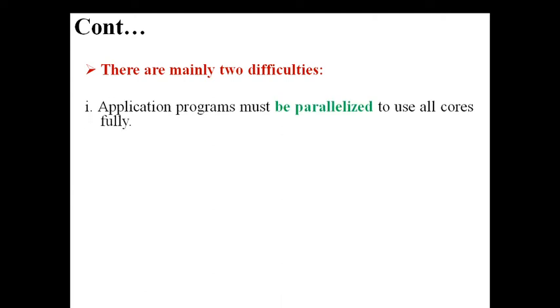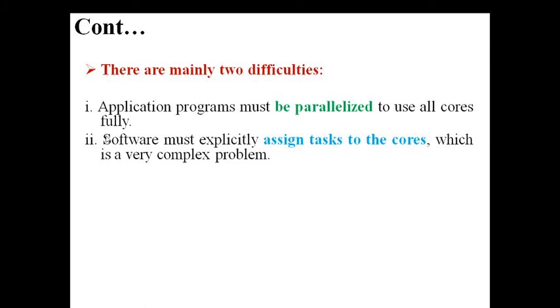Here we have two difficulties as per the author. Multi-core means many cores, and many-core processors have to be running in parallel even in virtualization. Why? To improve the efficiency and the performance of a system. If you have a lot of applications and a lot of processors are ready, and you are not able to schedule those applications to the processors, the processors will sit idle. It can't do anything, so our time is going to be wasted. So what we have to design is that the application program must be parallelized to use all cores fully. That is the first challenge. The second challenge is, who will assign the jobs to the cores?